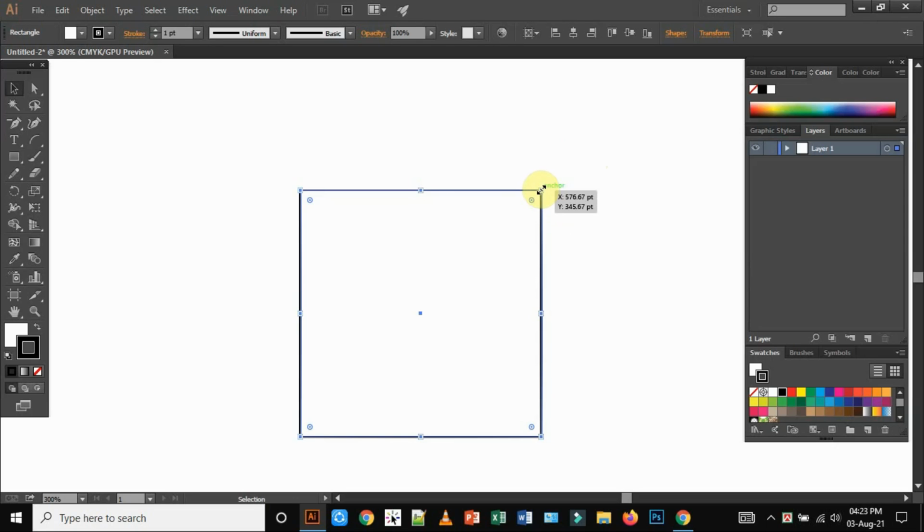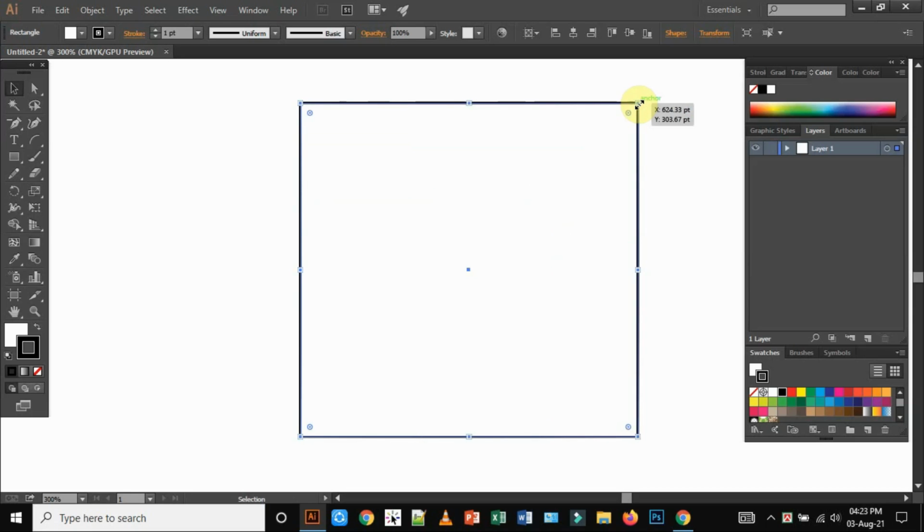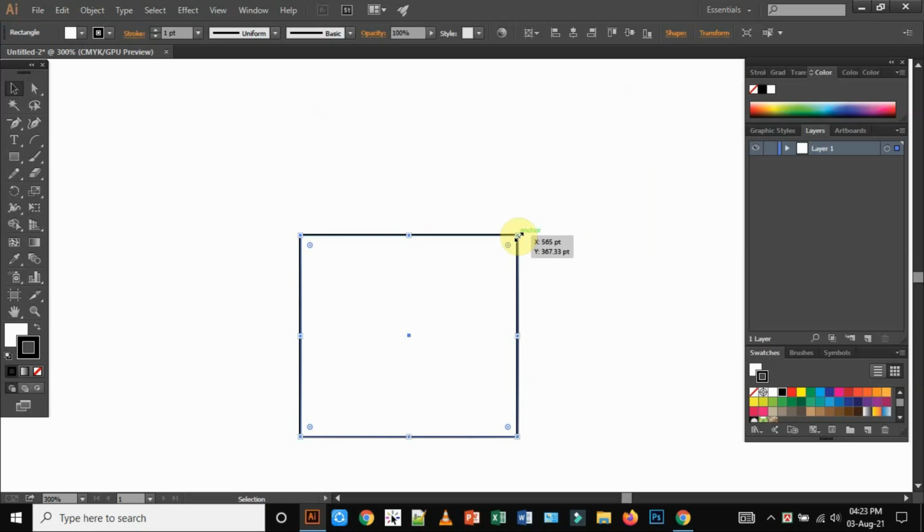At this position, if you just click the left button of your mouse and hold it, then drag it to the upside, then it will be bigger in size. After that, if you come in inner side, then it will be smaller in size.